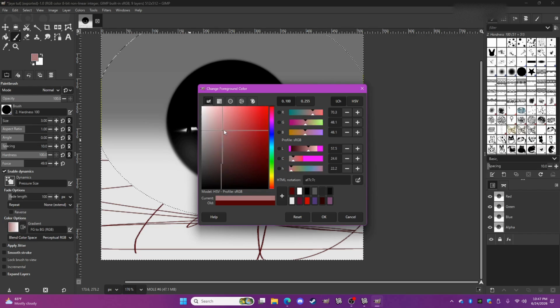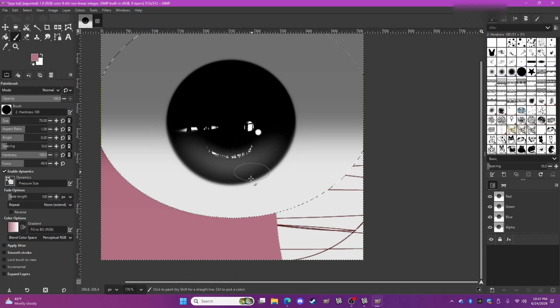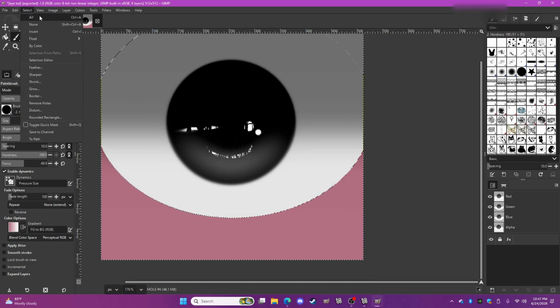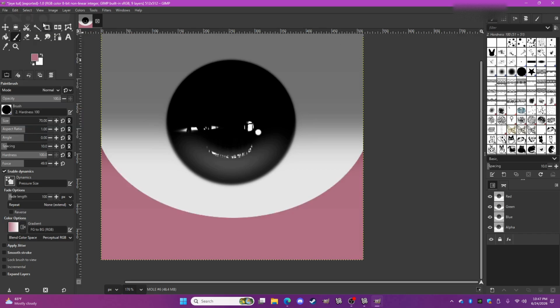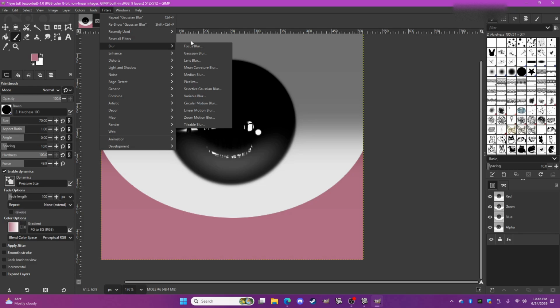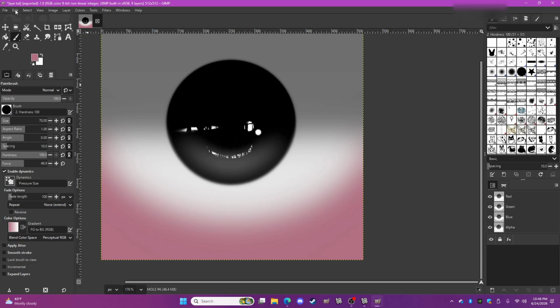So I'm gonna choose a fleshy color. Try to find a fleshy pink color, I guess. Or, if you don't want to be difficult like I'm being, you can also just use the paint bucket brush, but I like being difficult, so I'm not doing that. And then go back to Select and hit None, and it gets rid of that. And then once again, go to Filters, Blur, Gaussian Blur, and just kind of like that. And then export it